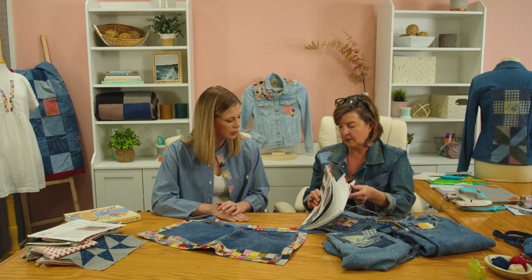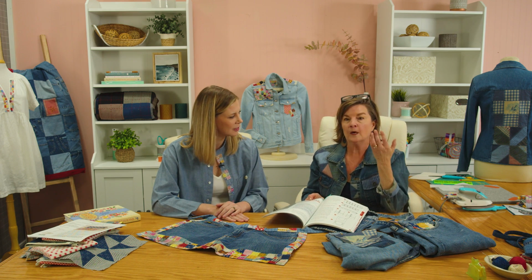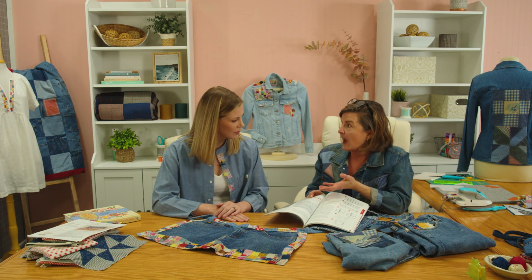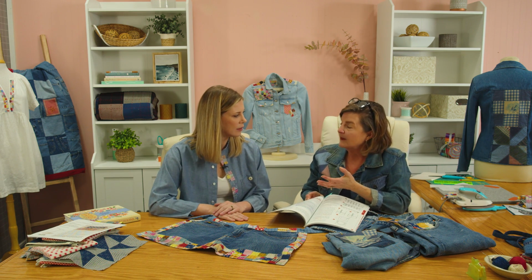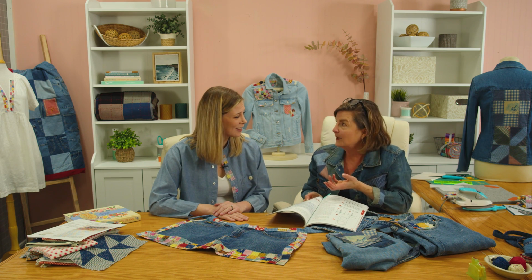And I think the value now today, so many people are wanting to, you know, environmentally, sustainable fashion is such an important thing to think about. And I think if you can just go in your closet and redesign something that's already in your closet, that's